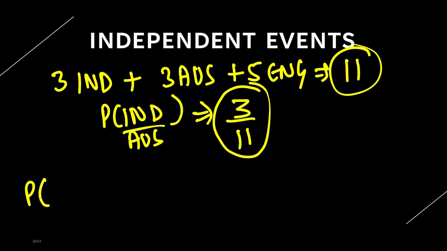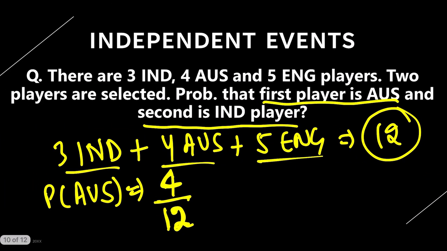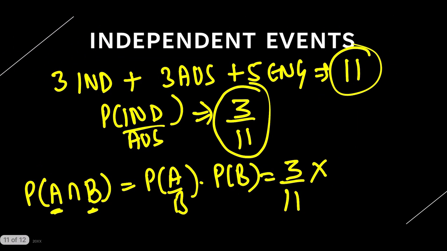Now, what is the probability of A and B, where one event is first Australian selected and the other is Indian selected? Probability of A and B is equal to probability of A given B multiply probability of B. Can you remember this formula? Yes, I've just taken B from the denominator and taken it to the other side. So probability of A and B both happening is P(A|B) times P(B). P(A|B) means probability of Indian getting selected after Australian, that is 3 by 11, multiplied by the probability of B.